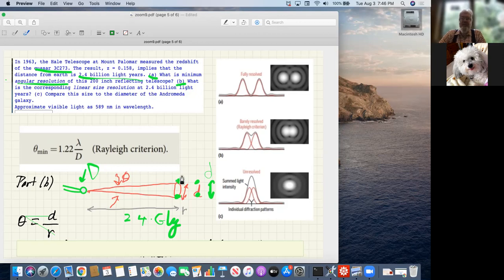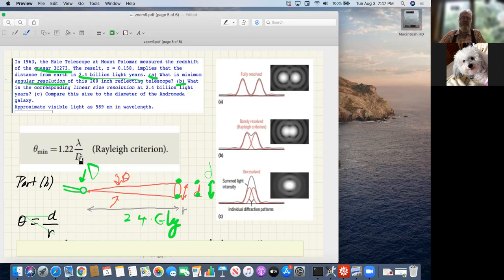Can I tell the difference between the two sides of the quasar? Well, it would require that the diameter of the quasar would have to be R times theta min,